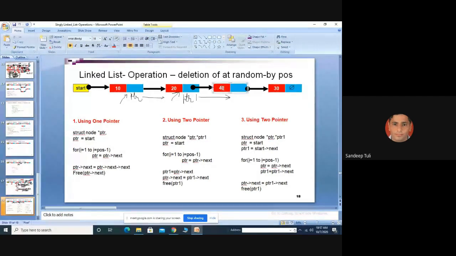So instead of having only 1 pointer, we will have 2 pointers in the doubly linked list: the next pointer and the previous pointer. The next pointer points to the next node, and the previous pointer points to the node previous to the node we are on. Like in this case 40, so we can move to 20 also. The doubly linked list we will cover in the next lecture.